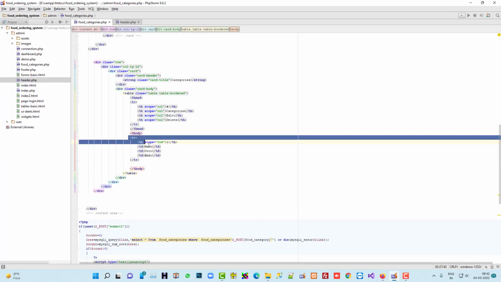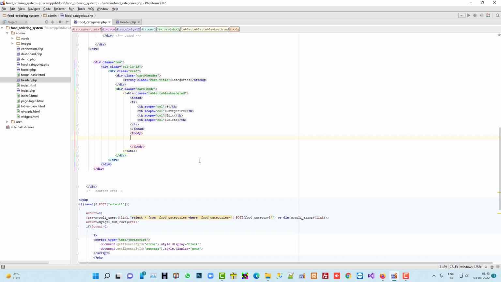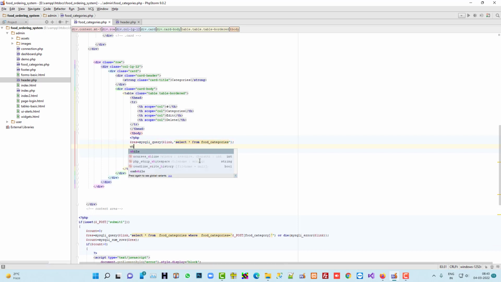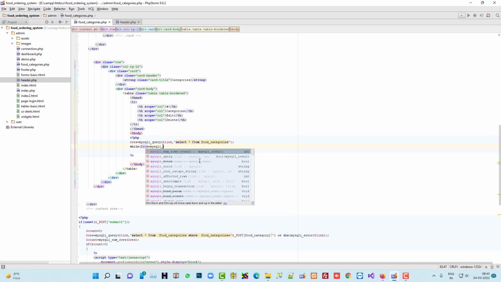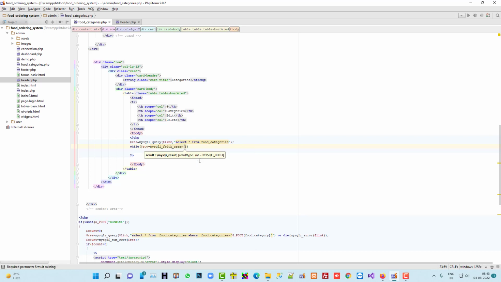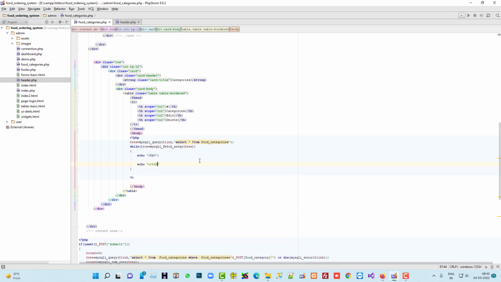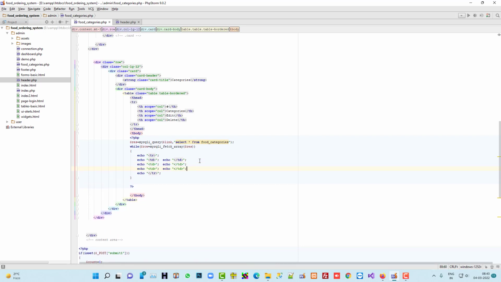So here $res is equal to mysqli_query $link, and here we have to write our query: select star from food categories, then while $row is equal to mysqli_fetch_array $res, and then tr/tr, then td, here we have to give id, then paste. Okay, so